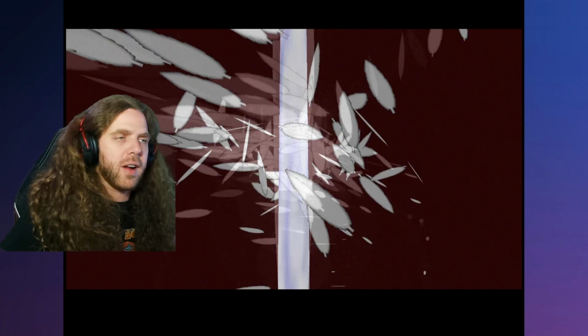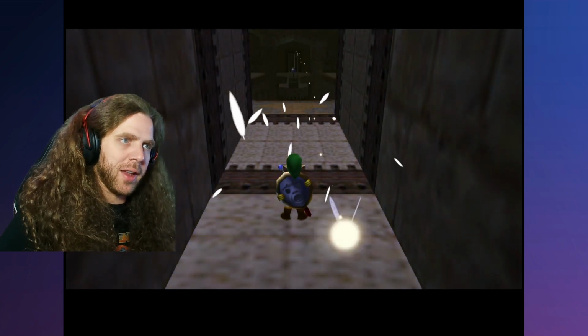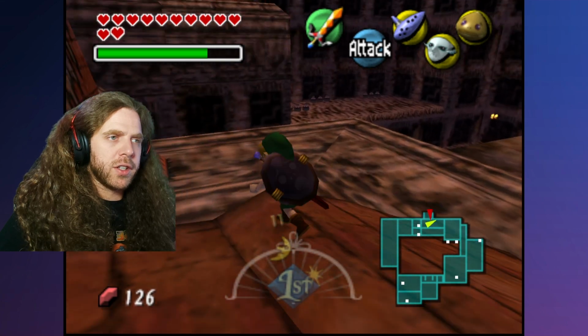We have all the stray fairies, but the thing is, you have to go all the way to the bottom of Stone Tower to turn them in. So instead of turning them in before we beat the boss or anything like that, which I never do anyways, but we are going to